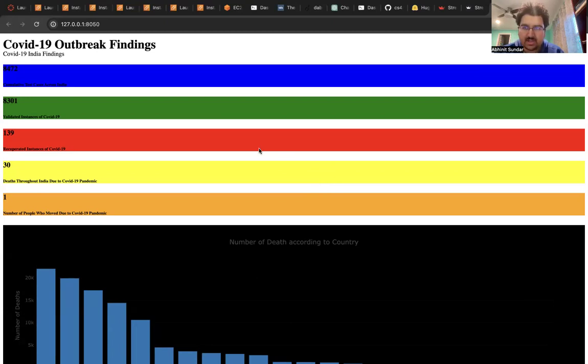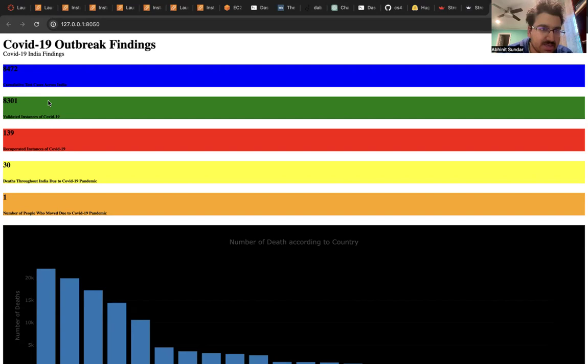I have created a COVID-19 dashboard that mirrors the CDC, Centers for Disease Control, guidelines for creating a COVID-19 app. In my COVID-19 app, the title of my app is COVID-19 Outbreak Findings. This is the premise of my entire app. And more specifically, I am focused on the COVID-19 findings for India. So, as you can see from my dashboard,